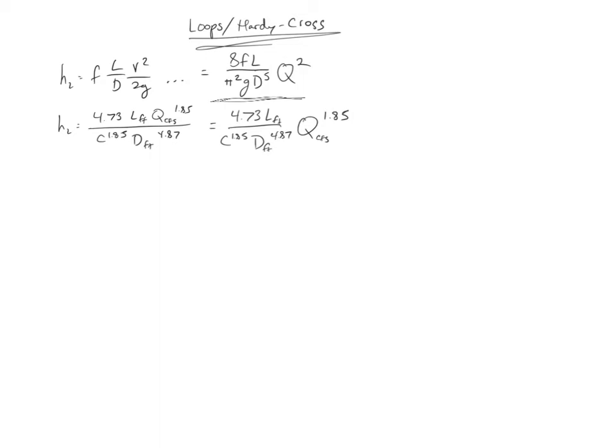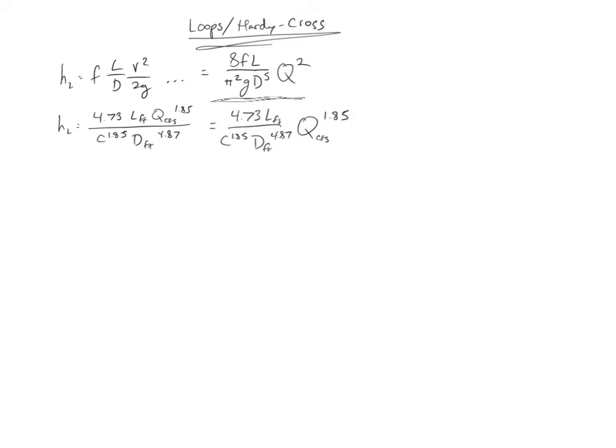So I've just substituted in, for example, Q equals AV. So for V there, I've substituted in Q over A. I've put in then the formula for the area of a circle and so forth,